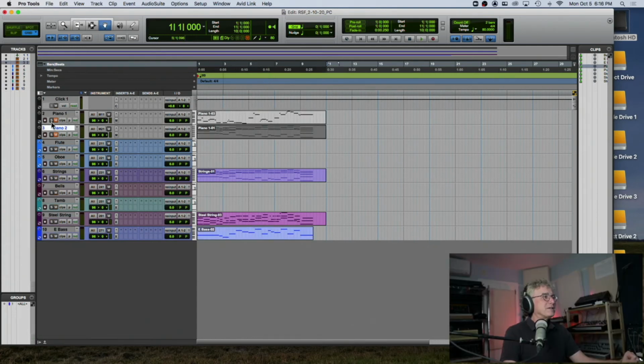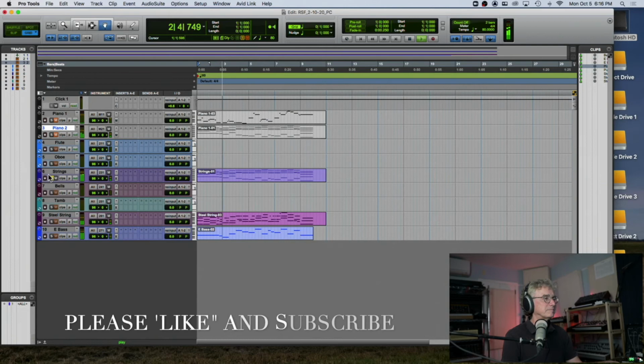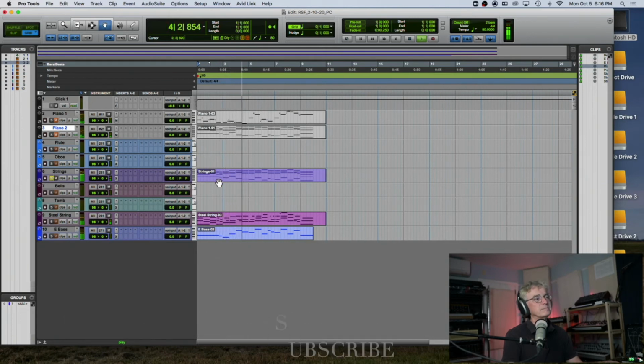I've got these two tracks muted. All right, so I've got the M here for mute. If I click on that, they're unmuted. But now I've got them muted, so you won't hear them. Now let's take a listen to our strings. Now, as compared to just the guitar, they sound much better